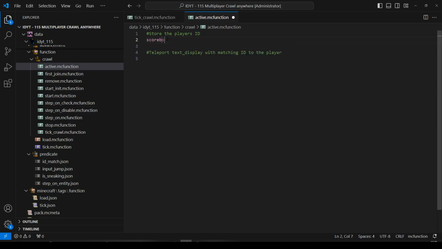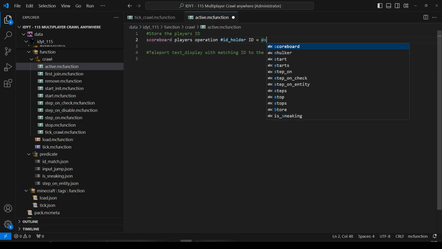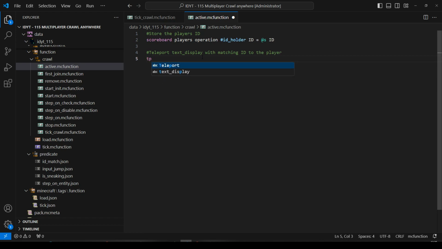So we'll do scoreboard players operation fake player ID holder. Remember, that's the fake player we just put into that predicate. ID equals at s, and this function is running as the player ID. So we've copied the ID to the ID holder, and now we can teleport